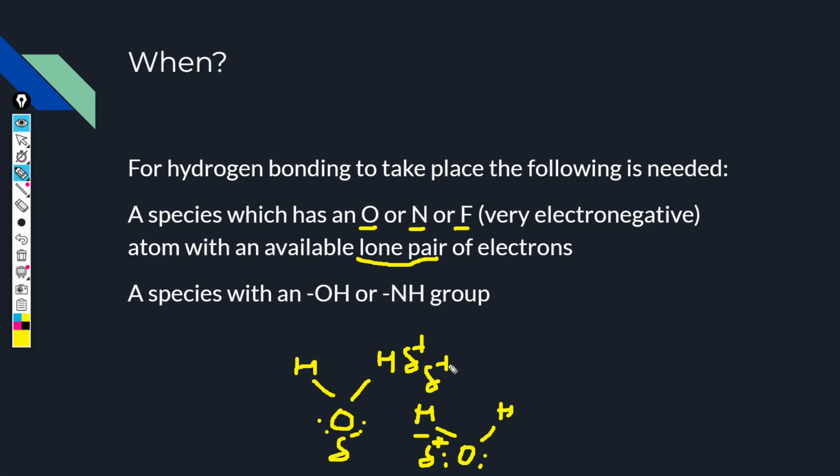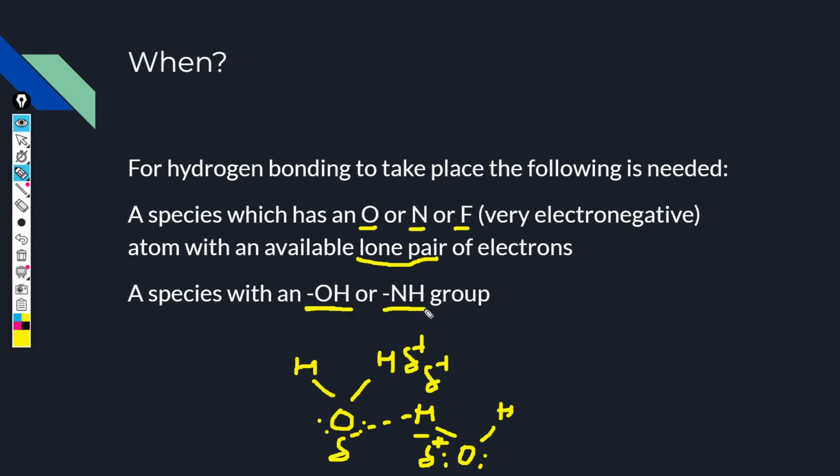Now here, what will happen? There is a hydrogen which is very delta positive, so it is not able to pull the electrons as strongly. So this has basically almost become a positive ion. So this forms an attraction between the lone pairs of the oxygen, which is very delta negative, and the hydrogen, which is delta positive. So this is a hydrogen bond, and it can also form between species which have a